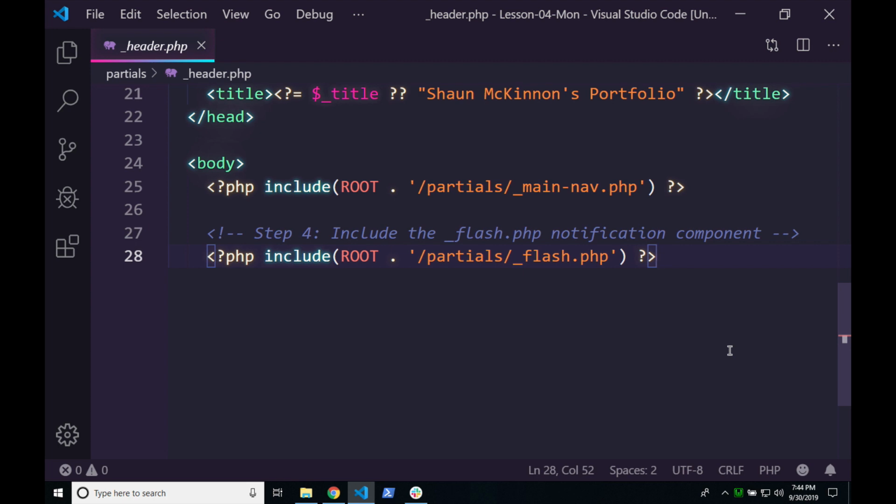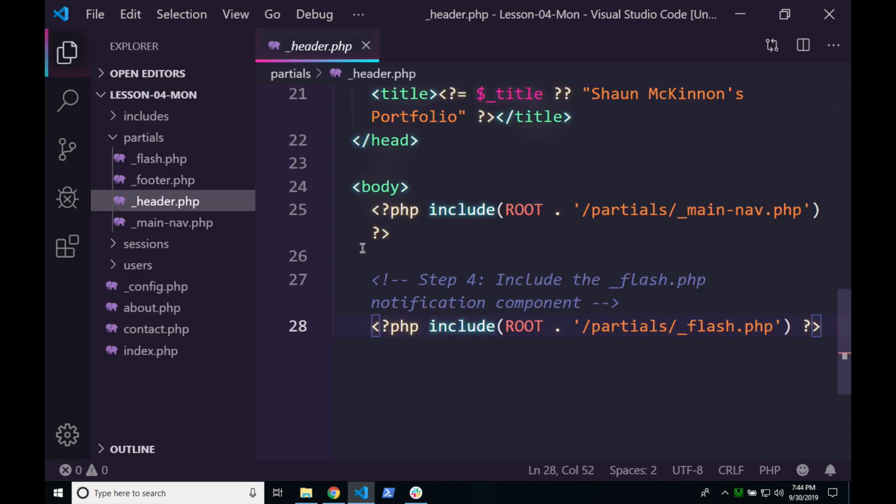That's where we start. That's the root of our application. Because of that, what can happen is when you go to reference these other partials inside a partial, this might work if you were to navigate to header.php. Those files might load just fine. However, when you include header.php